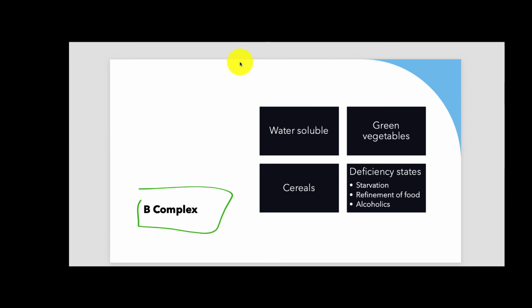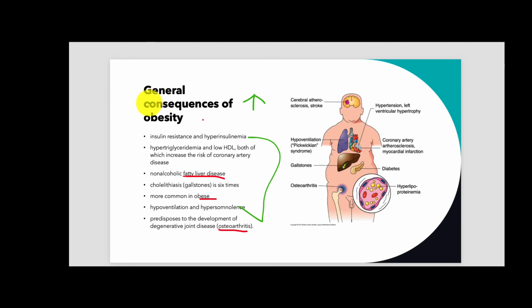You guys are going to have to explain what the deficiency is if you talk about vitamins. If you talk about obesity, you have to tell me about what the changes are that are going to occur as a result of obesity. Then you are going to have to find some mechanisms, and it's totally up to you, whatever mechanism you want to talk about. And then I expect you to bring in things from our previous conversations.